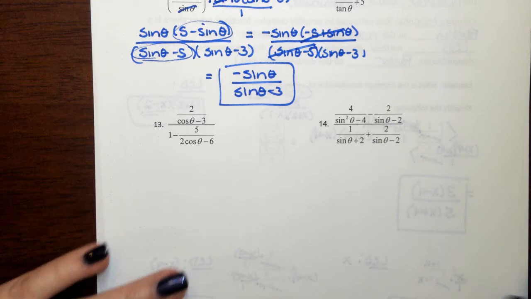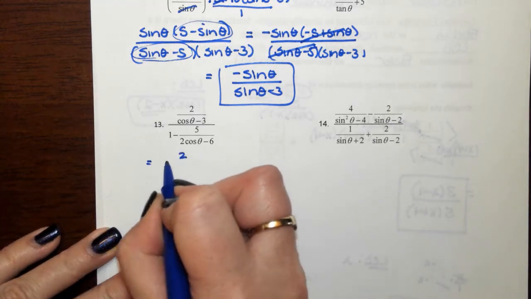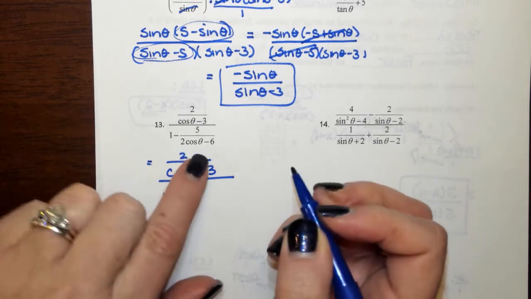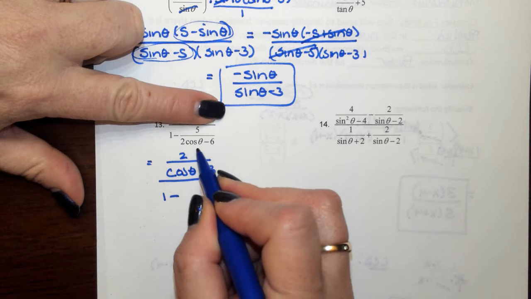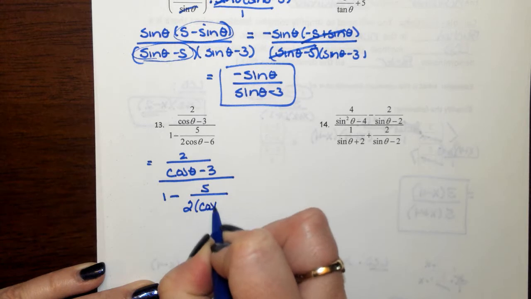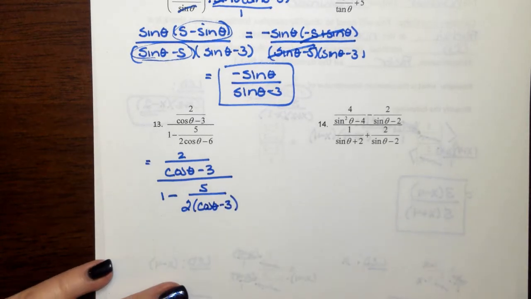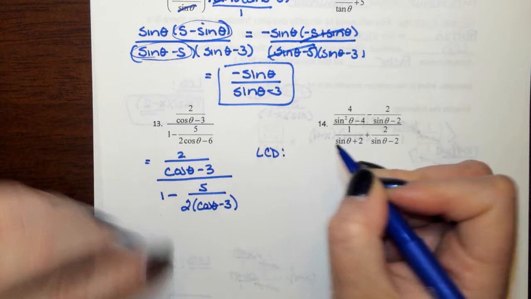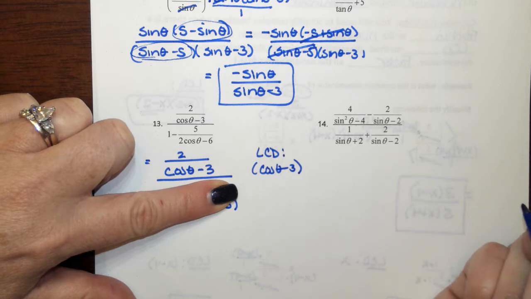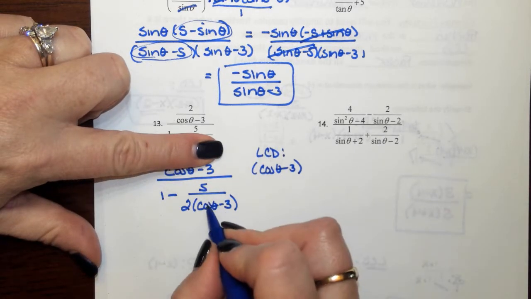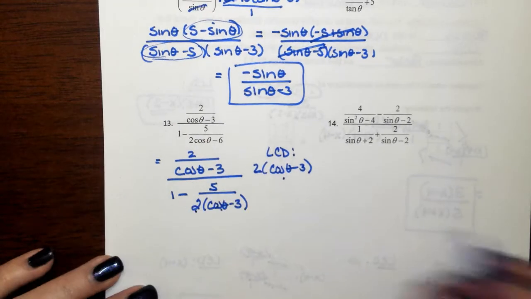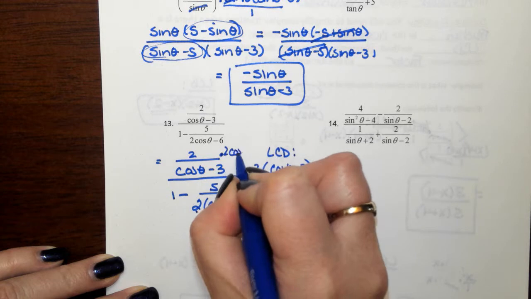If you look at number 13, remember, before you identify the least common denominator, what you want to do is factor any denominators if possible. Notice if you look at the fraction on the denominator, you can factor a 2 out of this using your GCF factoring. So now when you go to identify the LCD, you look at the fraction on the top, you have to have a cosine theta minus 3 as a part of your LCD. When you look at the fraction on the bottom, you already have the cosine theta minus 3, but you need to include the 2. So now when you multiply everything by your LCD,